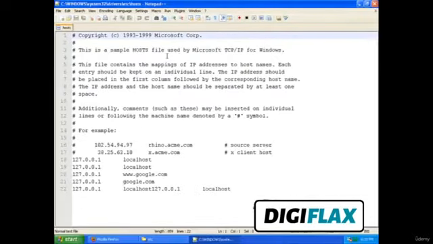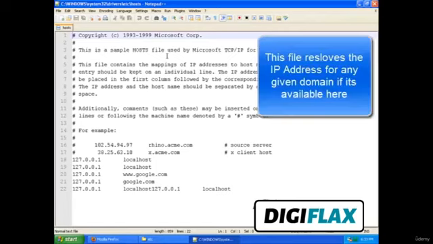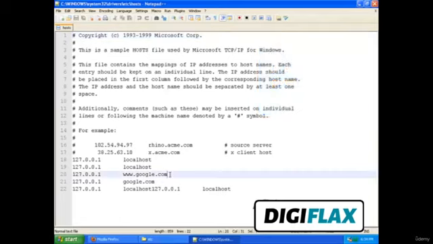Now this file is your local DNS, and what it does is it provides the IP address for the domains. Now you can see how our Google Magic worked.